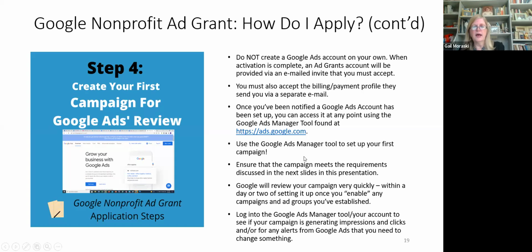And then you can use the Google Ads Manager tool to set up your first campaign. We're going to discuss what some of the requirements are for a Google search campaign and what some of the inputs are. But once you set up your campaign, you can have Google review it, and usually your campaign's up and running pretty quickly.